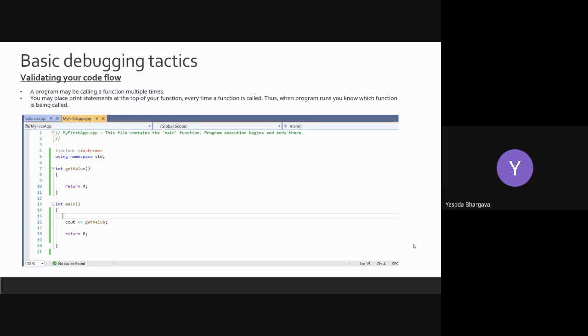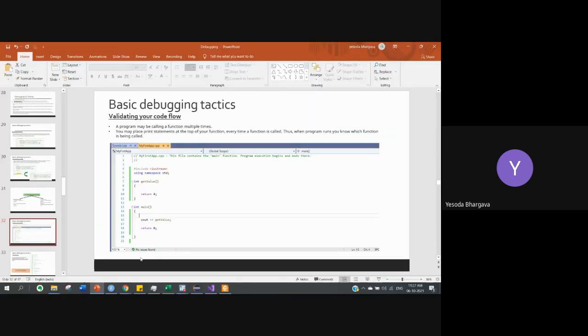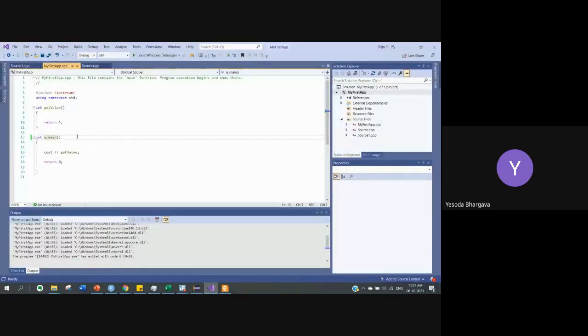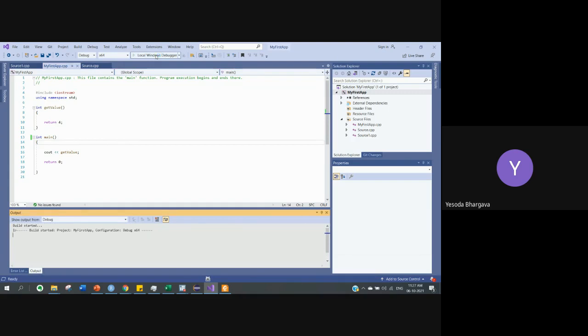Look at this code, and I'll try to run this code for you. Then you need to tell me what is the problem with that particular code. This is a very simple example I will try to show you. Just try to see for yourself what is happening in this particular piece of code, and I run it. Okay, and then you explain to me why the result is what it is.